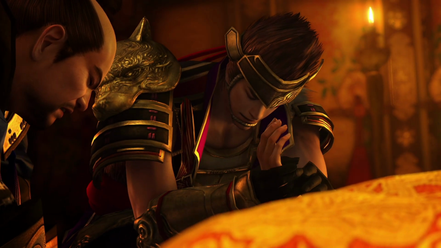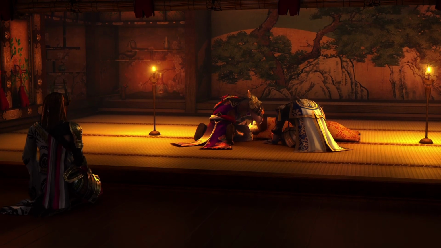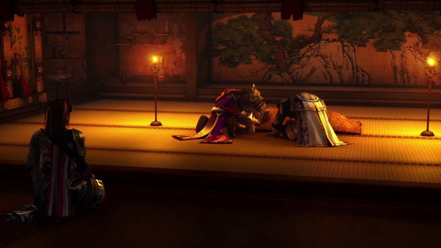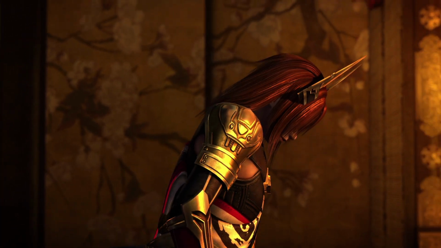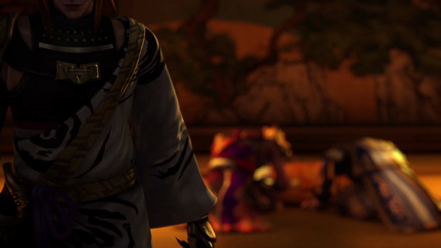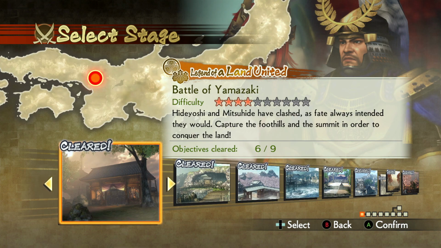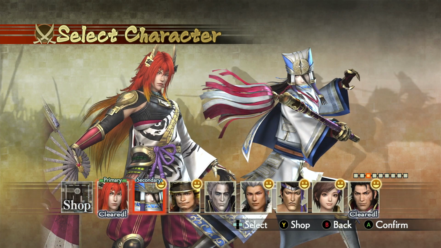So the reason why this is so complex is that this story follows both Mitsunari and Ieyasu through to their clash at Sekigahara. So we technically have 2 stories we have to prepare for. Not only that, we also have to think about the DLC stages and who we can level up to help with those. So starting things off for both Battle of Yamazaki and Battle of Shizugatake, we are going to pick